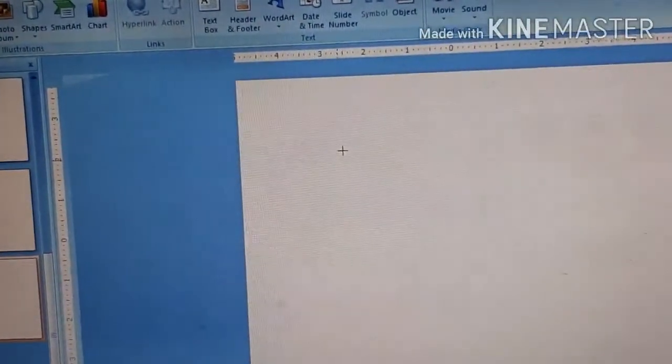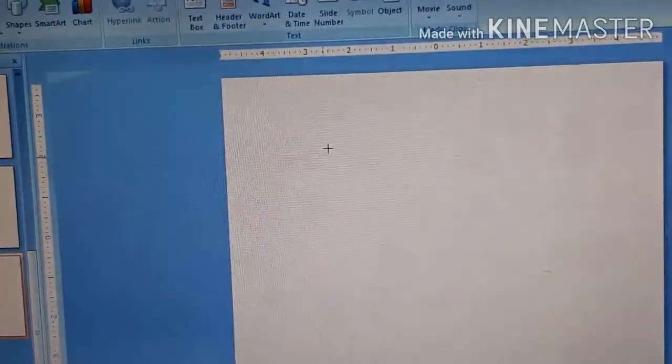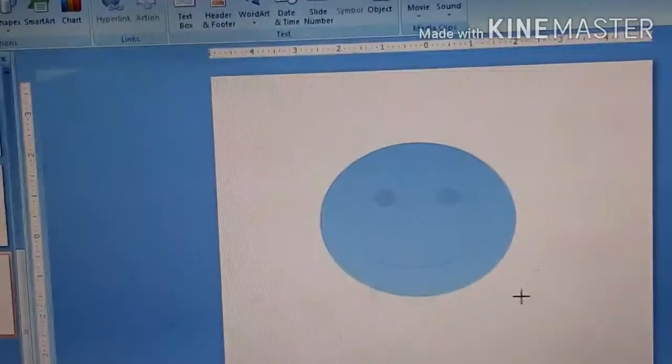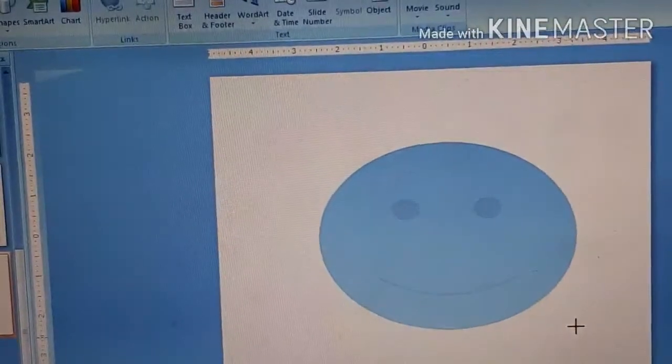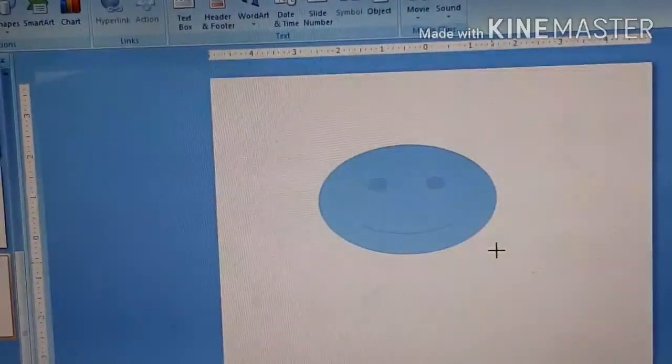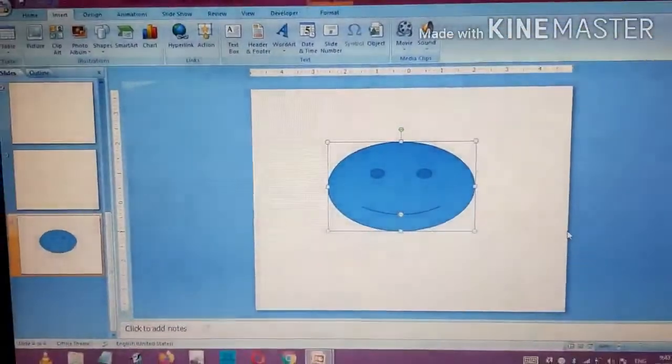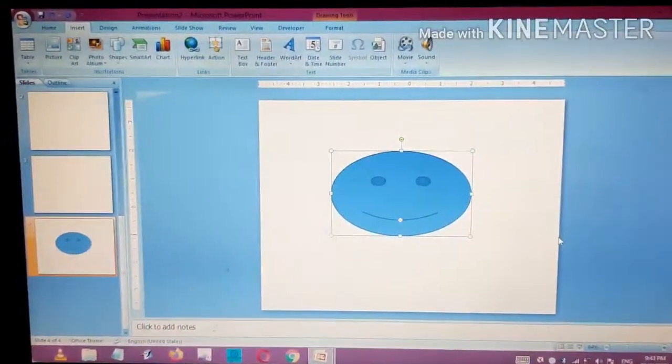Now what we have to do, we have to click with the help of the mouse. Click means always left click. We have to click and drag. See, drag का मतलब होता है खींचना. You have to click and drag. जितना आप उसे ड्रैग करेंगे यानी खींचेंगे उतना ही शेप बड़ा होते जाएगा. जितना उसको अंदर की तरफ ड्रैग करेंगे उतना वो छोटा होगा. बाहर की तरफ खींचेंगे तो वो बड़ा होगा. Now coming to a particular shape, you have to leave the button. See, now this particular smiley has been drawn in front of you with the help of the shape option.